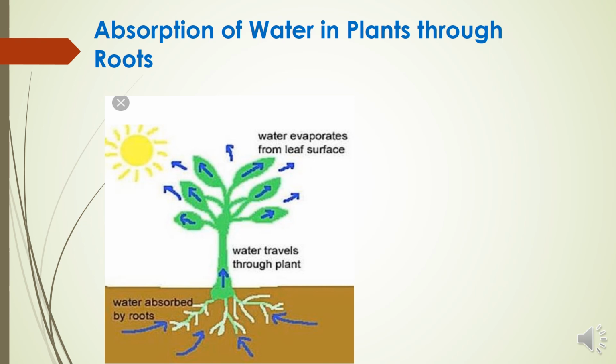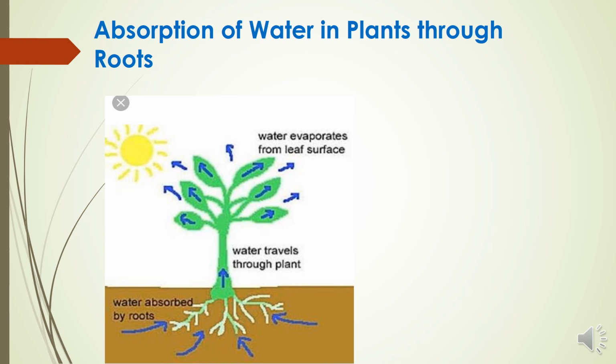Students, the water enters the plant body through the roots. There are thousands of tiny root hairs on each root. The soil surrounding the root has a higher amount of water and minerals than inside the root cells. Water and dissolved minerals from the soil are absorbed into the root hairs by diffusion. Students, diffusion is the movement of a substance from where it is in large amount to where it is in small amount.